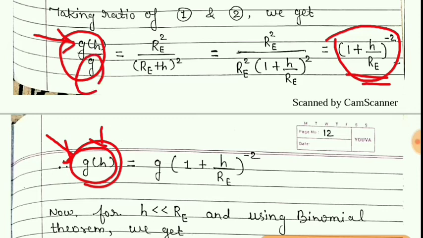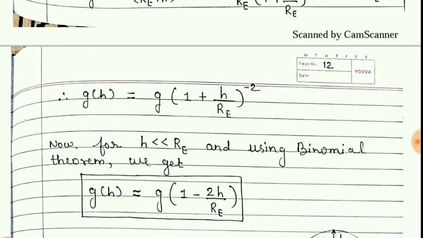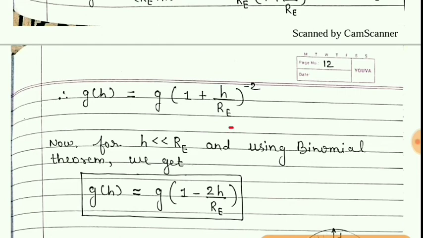So this g will be multiplied here, so it is here. Rest of the things on the right hand side as it is. So this is the formula for acceleration due to gravity at height h, but we want to make it more simple. For height